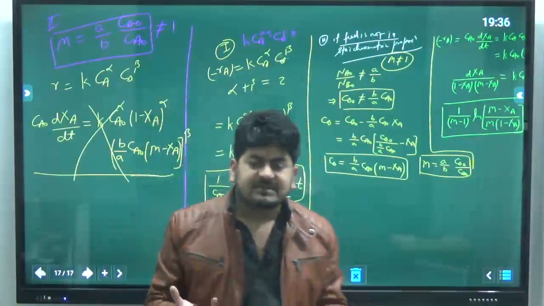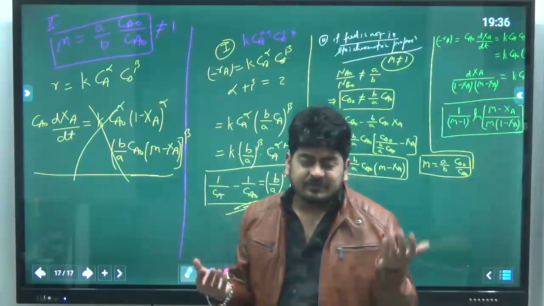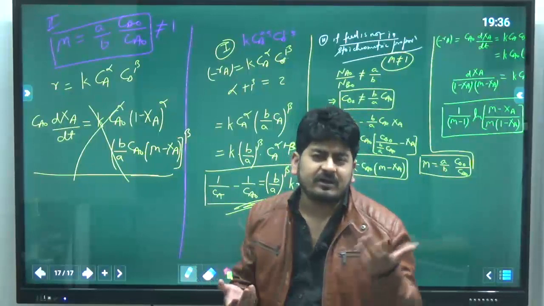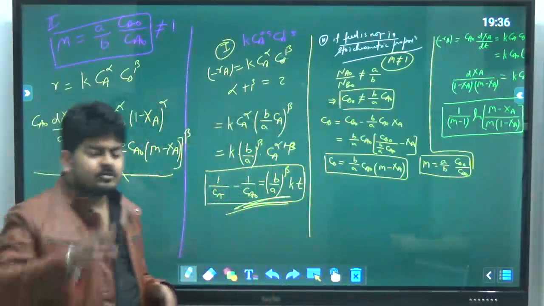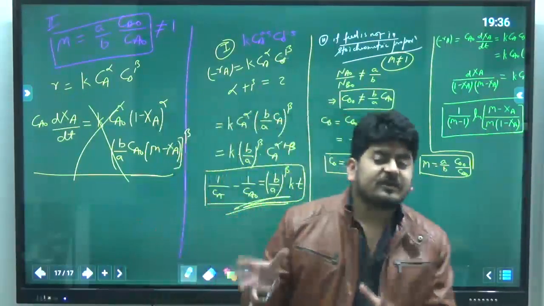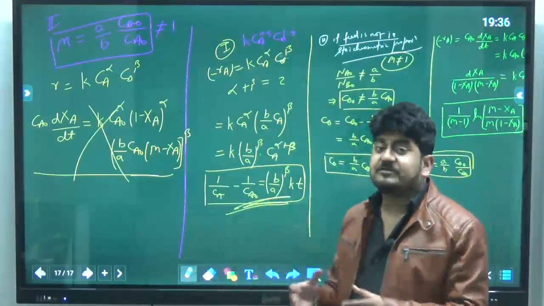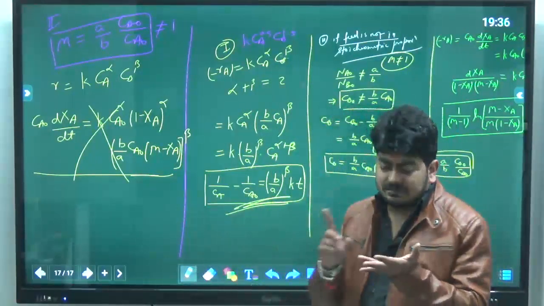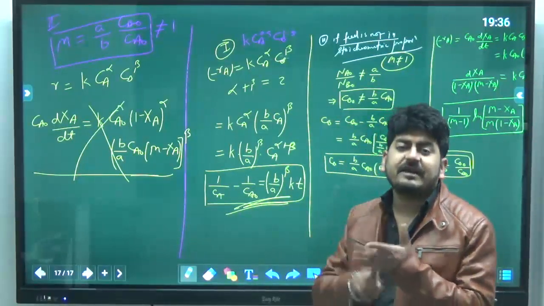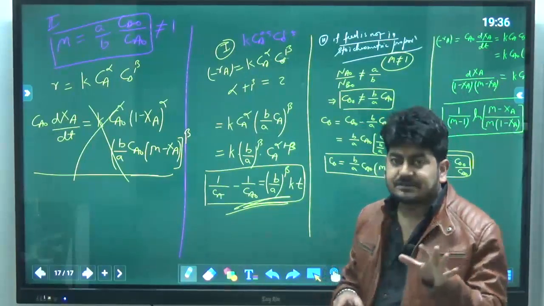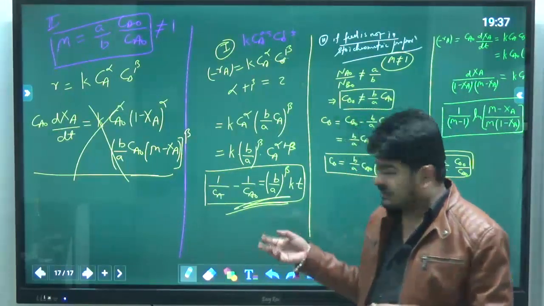If I talk about the GATE exam, I told you that the weightage of CRE is about 10 to 12 marks. If you see the last 3-4 year papers, it is about 12 and 13 marks as well. But anyway, let's talk about 12 marks. Out of those 12 marks, most of the questions they ask are from the other topics which we are going to discuss now: the reactors, single reactor, multiple reaction, RTD, temperature pressure effect, and heterogeneous. Only one question from heterogeneous, but every time they do ask.